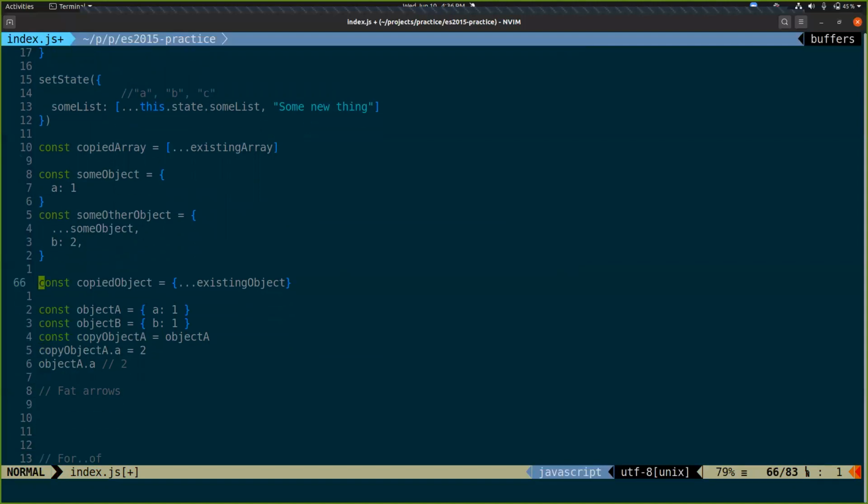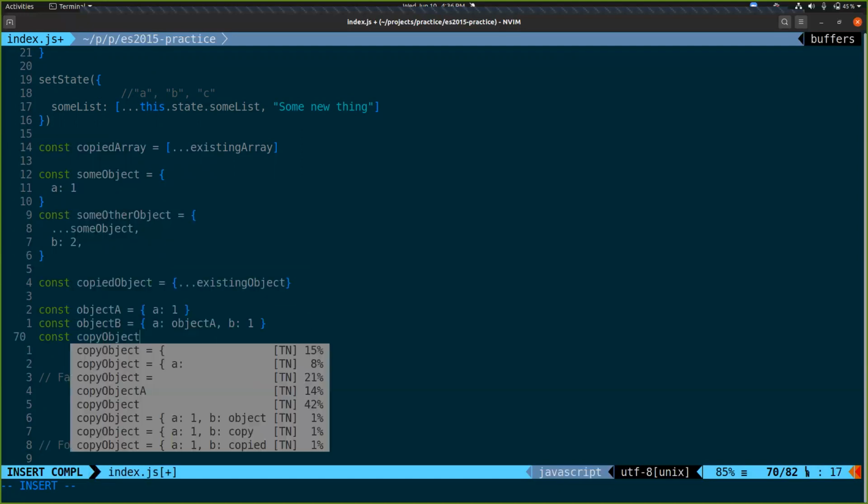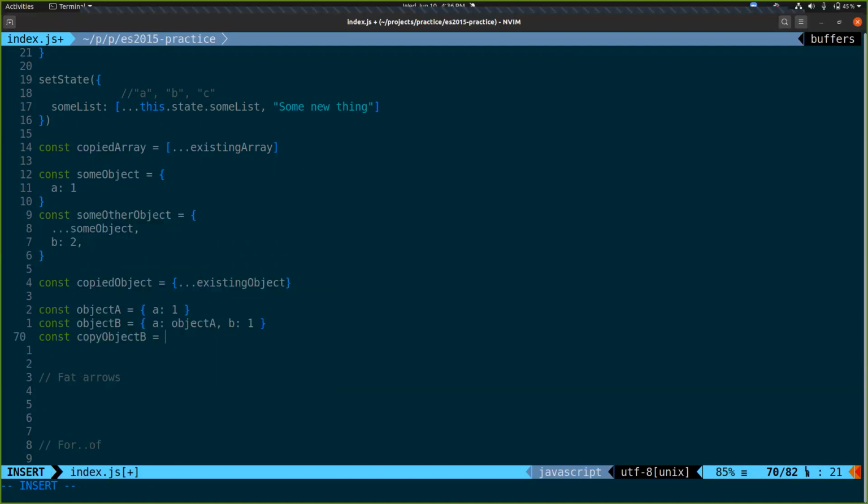If I do a shallow copy of something and I do something like object A, like that, and I do const copy of object B, but it's a real copy this time.